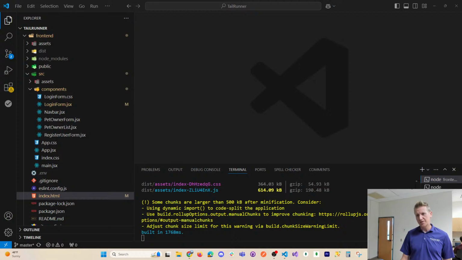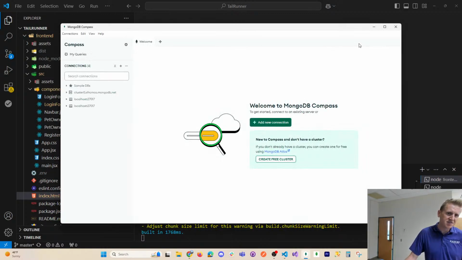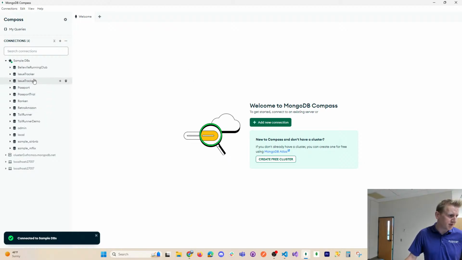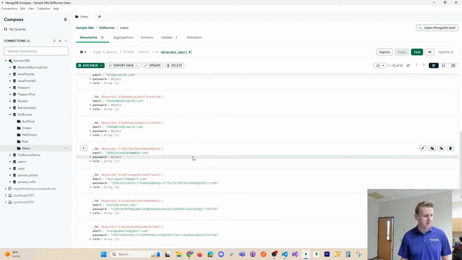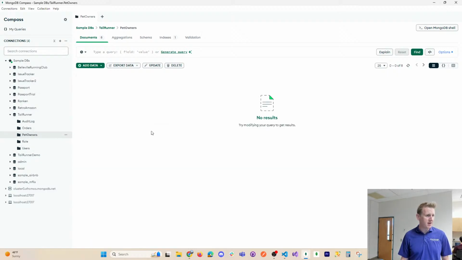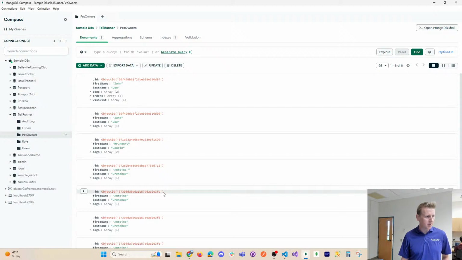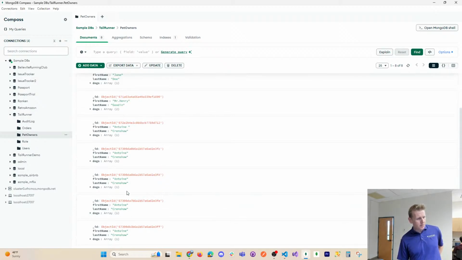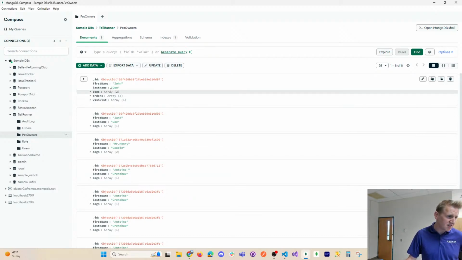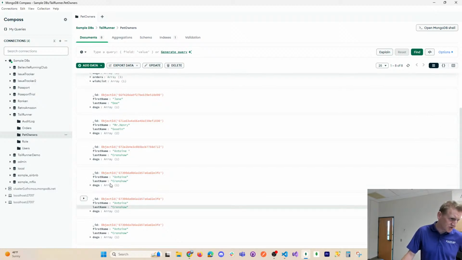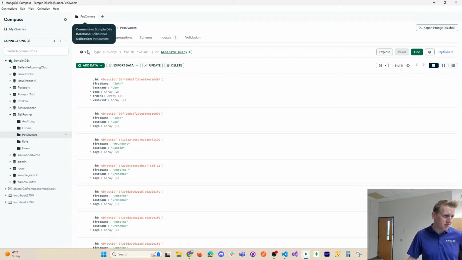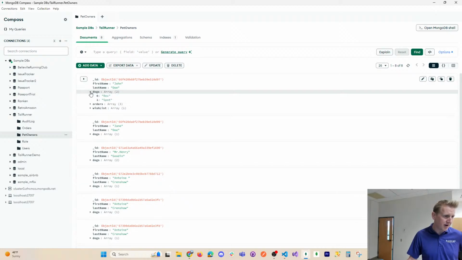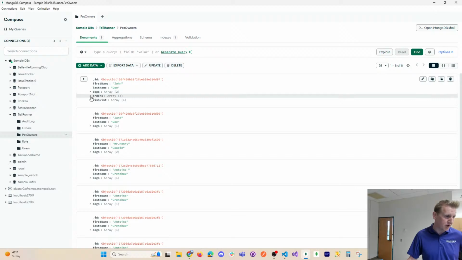But what I want to do now is get working on the CRUD operations. And so if I do go to my database, I got a users collection, but then there's a separate collection that I have called pet owners. So users is my user registration, and then I got pet owners, and I'm going to do CRUD operations on my pet owners. Obviously my data isn't structured very well at this point, so I might need to clean up my data just a little bit. But nonetheless, I've got what's referred to as a pet owner, first name, last name, an array of strings under the property called dog. I've got some orders,